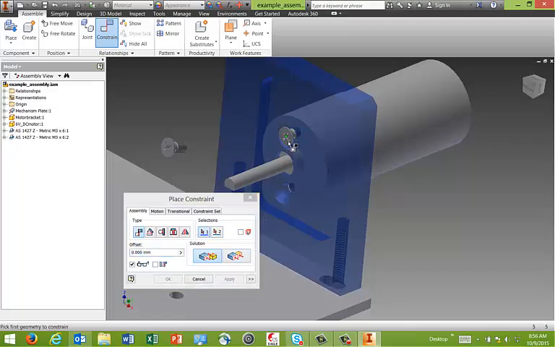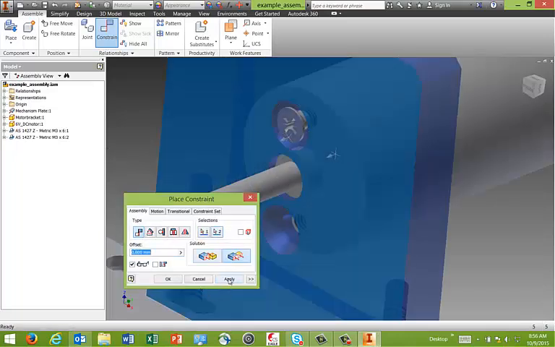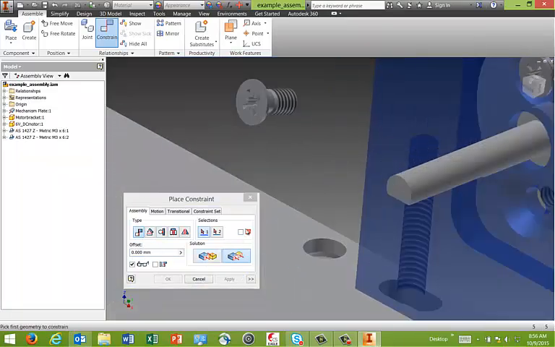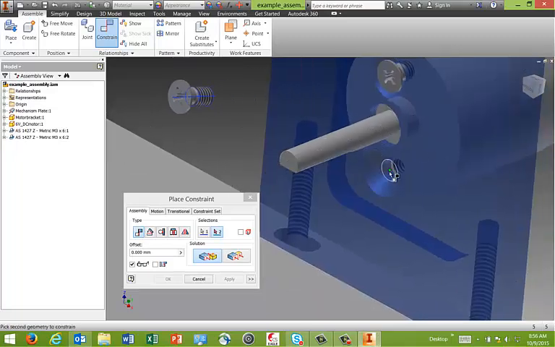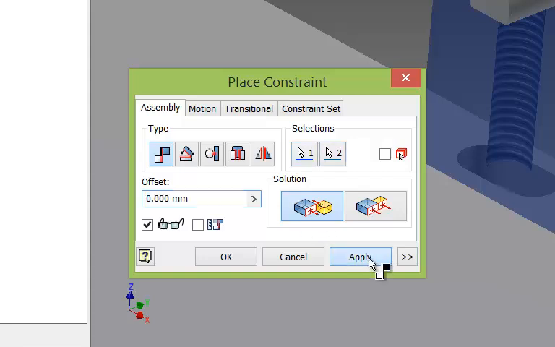Apply, and I would like the screw head to be flush to this surface over here. What I can do is select flush, choose this top surface of the screw to this, and it's flushed. Select on the axis. Now how do I click the axis? I just move my mouse to the surface of the cylindrical part, and the axis will appear. So once the axis appears, you can click on the axis itself, click apply, and select flush,